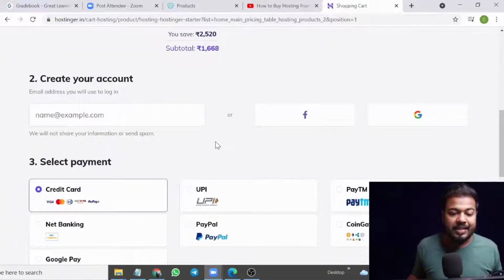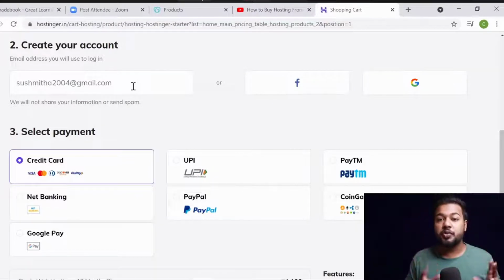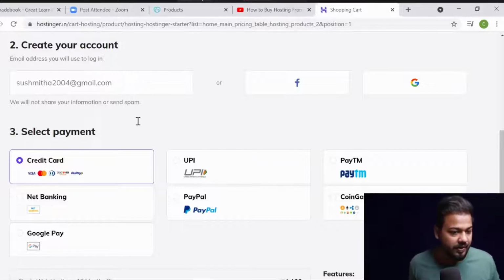Alright, in this case we need to sign up here, so we need to create our account. So I would ask Shweta to write down her email ID here. Can you please write down your Gmail ID? Always check twice that your email ID is correct, because you're going to get the receipt and all the details inside your email only, right? So it's completely fine, I think. Yeah. Now it's pretty easy.